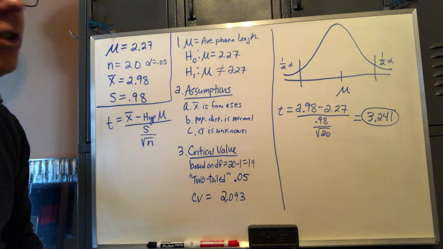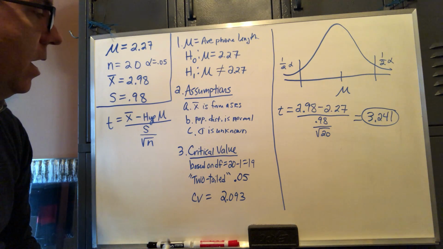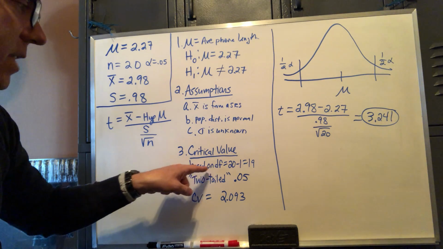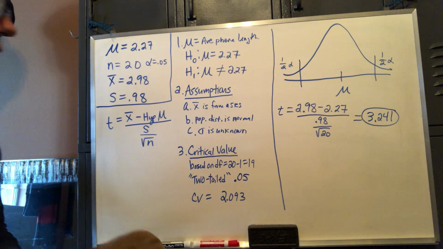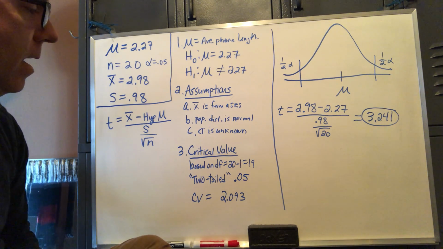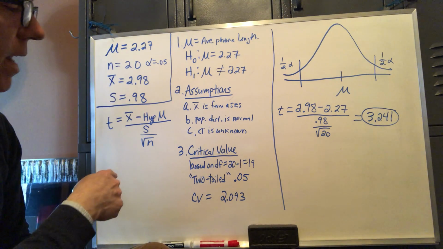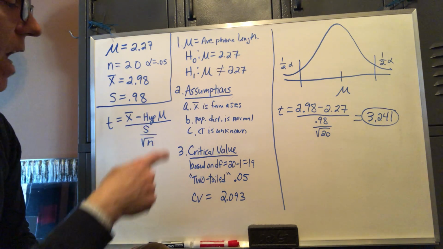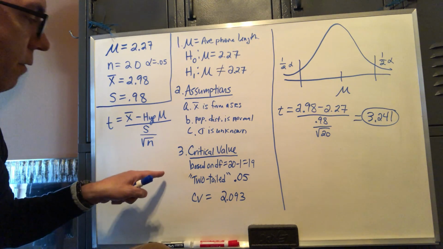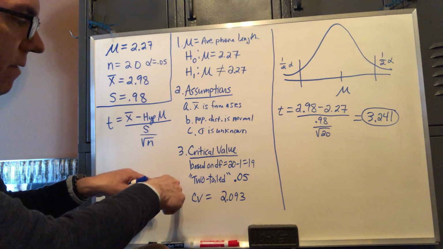Step 3, our critical value. This is where we use our chart, the one I gave you in the last handout or in the back of your book. Degree of freedom is n minus 1. Silly name, degree of freedom. Just live with it. So it's 19. You go to the very left-hand column, look for degree of freedom 19, and then scroll over to the column that says two-tailed 0.05, and we find the number